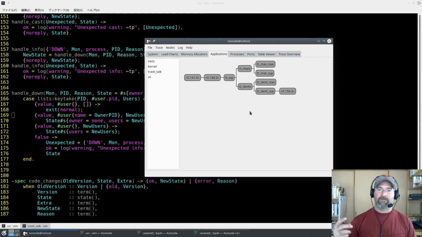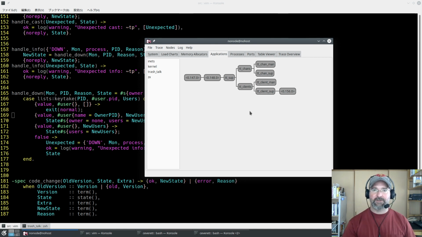We could have a process registry that registers all process names, but we still have to have a channel manager as a service. We still have to have a service-level concept of what channels are, because there's metadata and meta state that applies to the service as a whole,